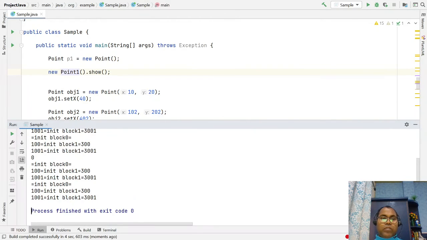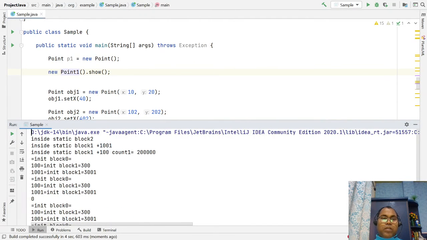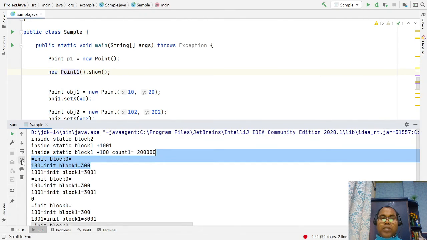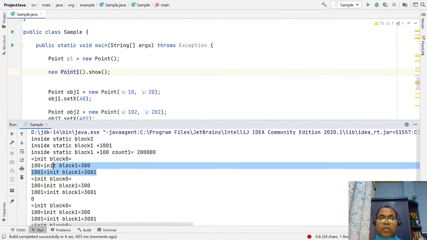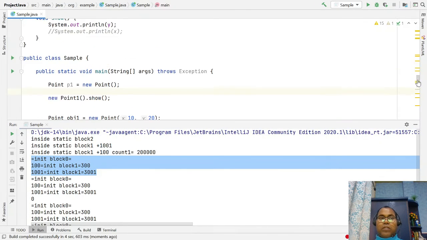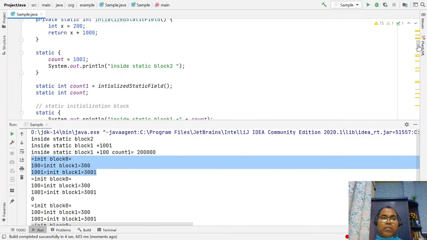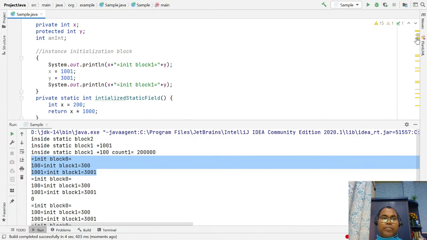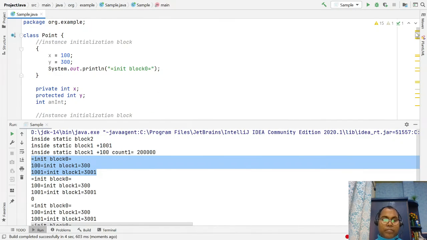So let's look here and observe. This is your first initial block 0 that is executed, whatever is written. After that block 1, initial values are initialized here, and then your second initialization. This is your initial block, 100 and 300 assigned.